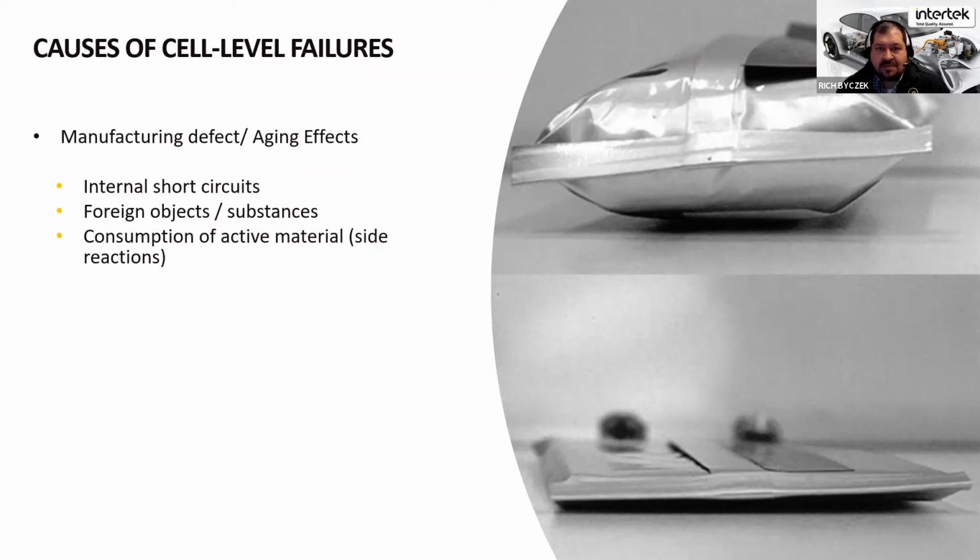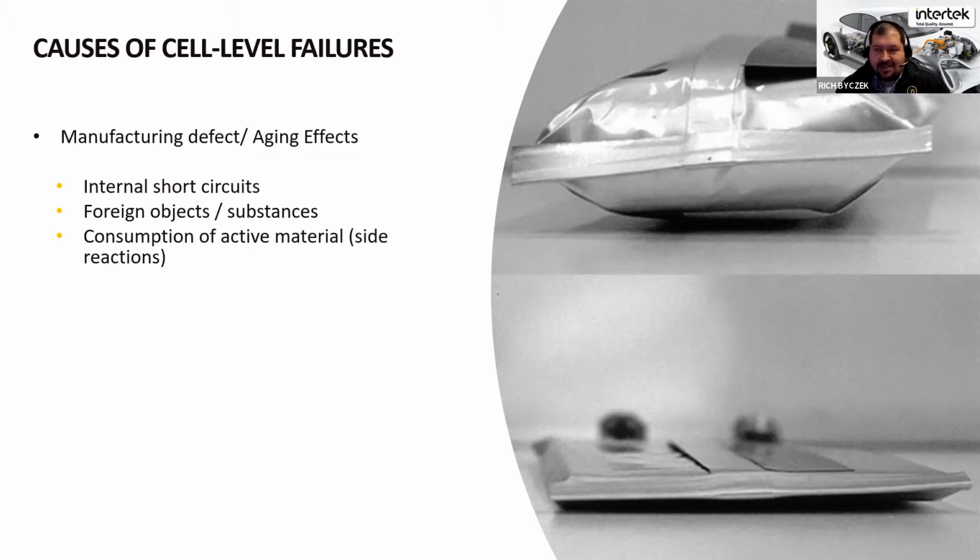And even smaller particles that can make their way into the mix and into the battery could essentially become a shorting element within the battery. So typically when we're talking about manufacturing defects, our concerns are contaminants or unintentional short circuits, where you've essentially pinched or penetrated layers of the anode and cathode such that they create a short circuit path inside the battery.